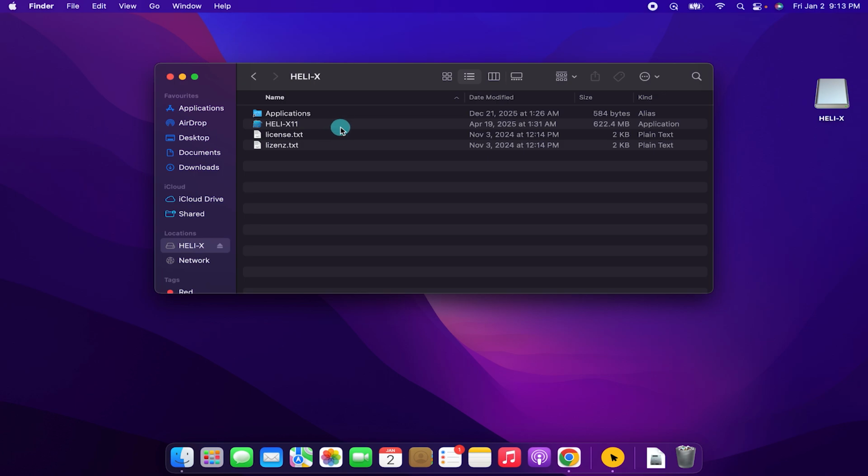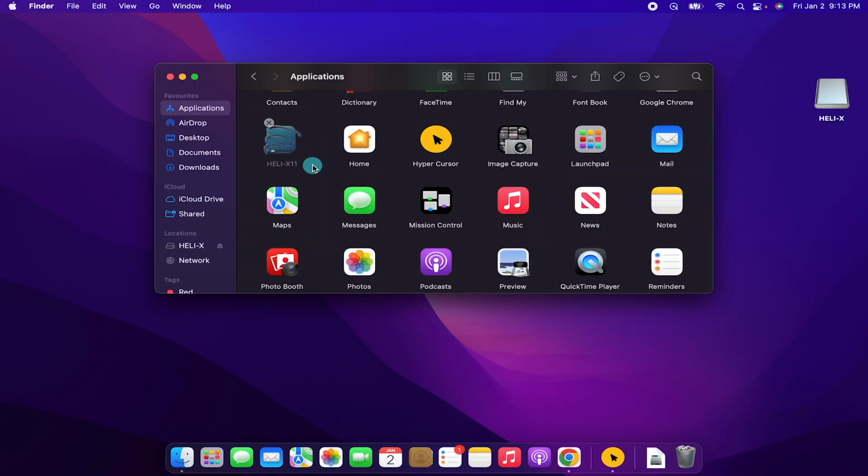Now, here's the Heli-X 11 simulator application. This is a shortcut to the application folder on the Mac. Select the program, hold, drag it to the application folder, and it will begin installing it. Okay, perfect. That's done. Now, the next thing that we got to do is allow controller input for the transmitter